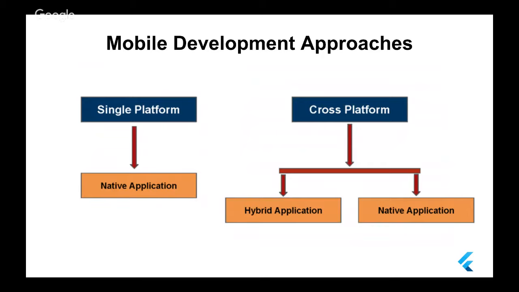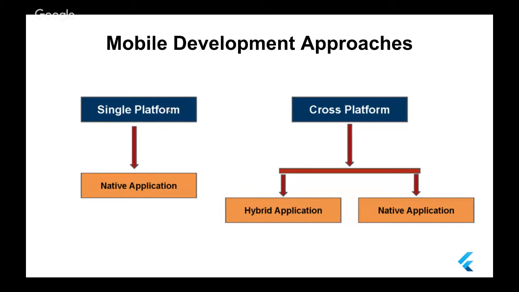It means you check the operating system that you are building your application for, and use the same language that was used to build this operating system to develop your application. And why do we call it single platform? Because if you use this approach, you will develop your application for one operating system only. For example, if you use Kotlin or Java, your application will run only on Android.